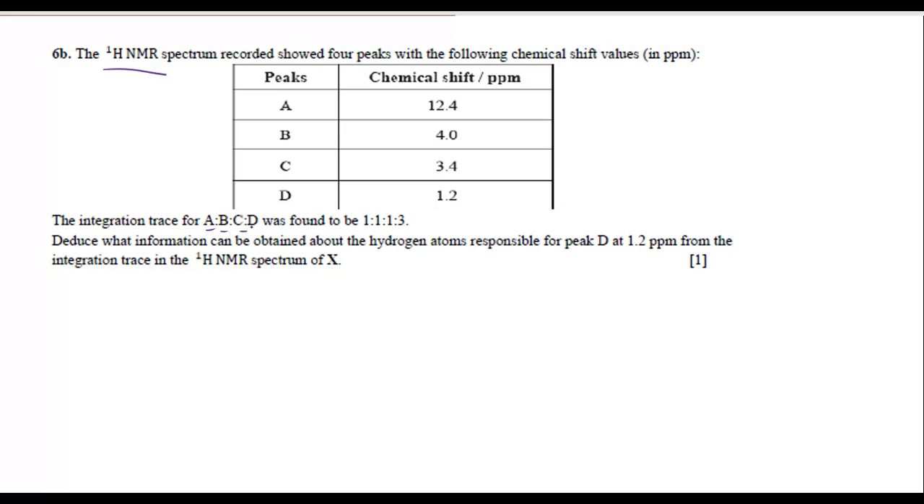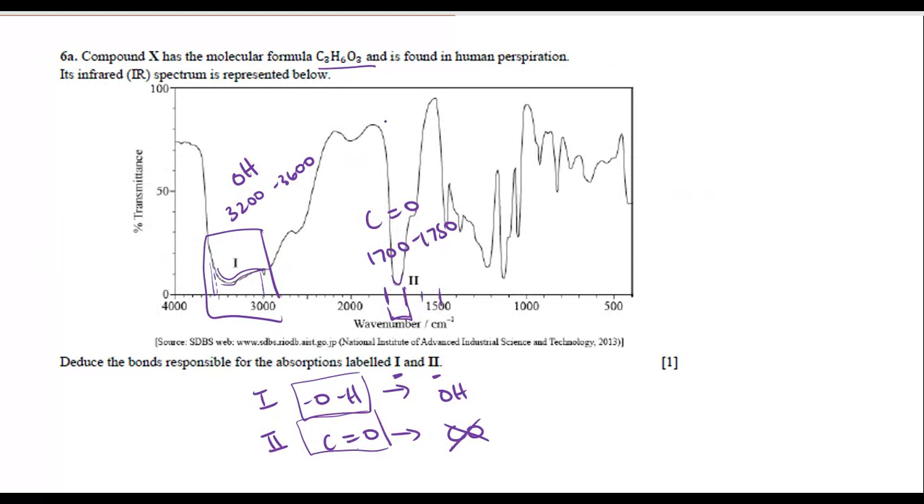We have ratios of 1 to 1 to 1 to 3. What does that mean about the peak at D? Well, it means that there are 3 hydrogens in this environment and only 1 in each of those. You could argue, but could it be 6 and 2 and 2 and 2? It could be, except if I go back a screen to the beginning of the question, it does tell us that the molecular formula is